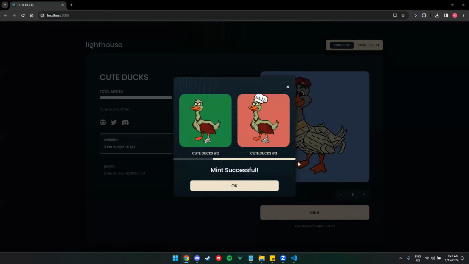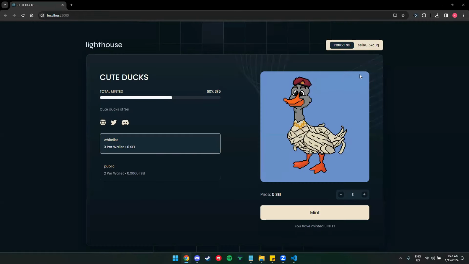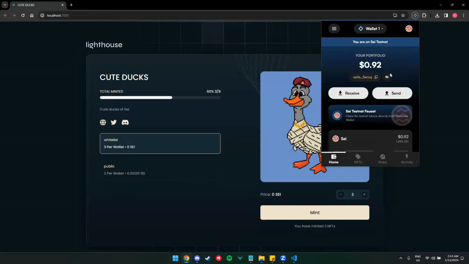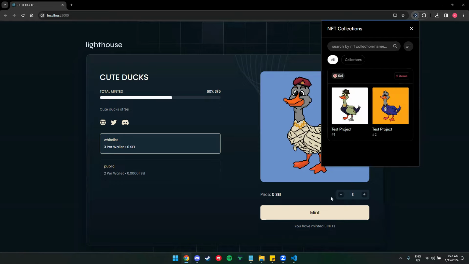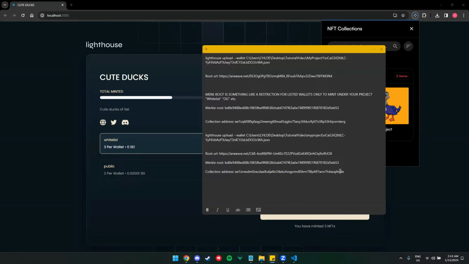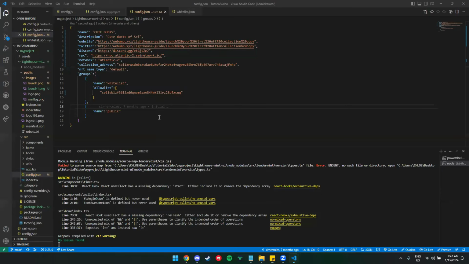We received 3 NFTs. So in order for you to check, you need to go to your Compass wallet and then go to NFTs. This is not it. That's a different collection. You need to get your collection address again. Or if you delete this one, you can go back here and get the collection address.